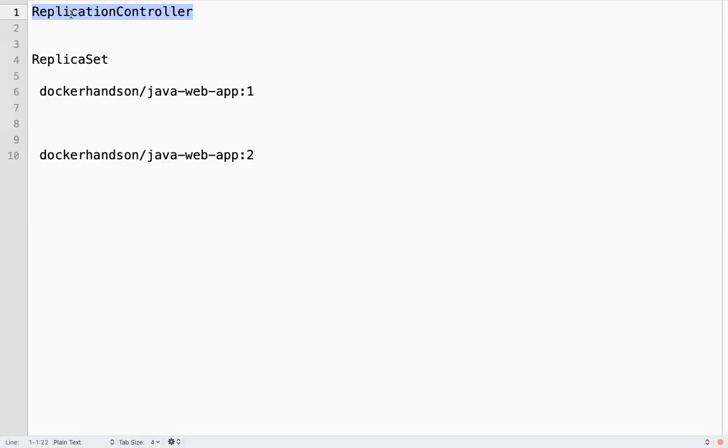And again, if something goes wrong with your latest image, your latest code is not working as expected, what should we do? Roll back. We need to roll back. Again, replica set and replication controller will not maintain the previous version of the pod template you are using, right? Again, you cannot roll back. You need to delete again, make changes to your YAML, and apply again.